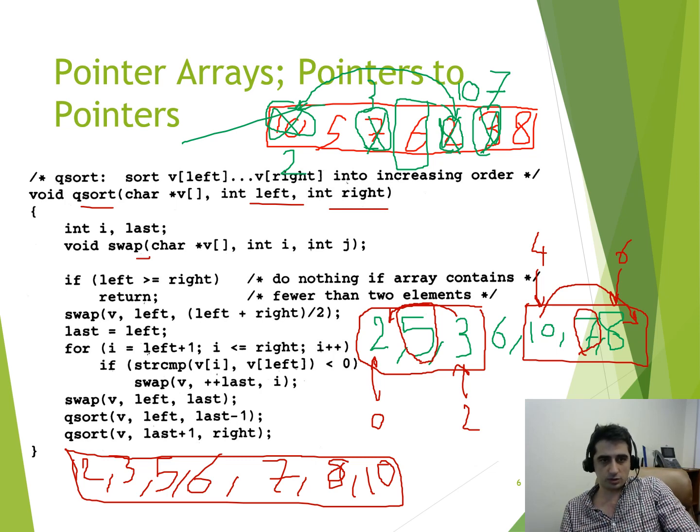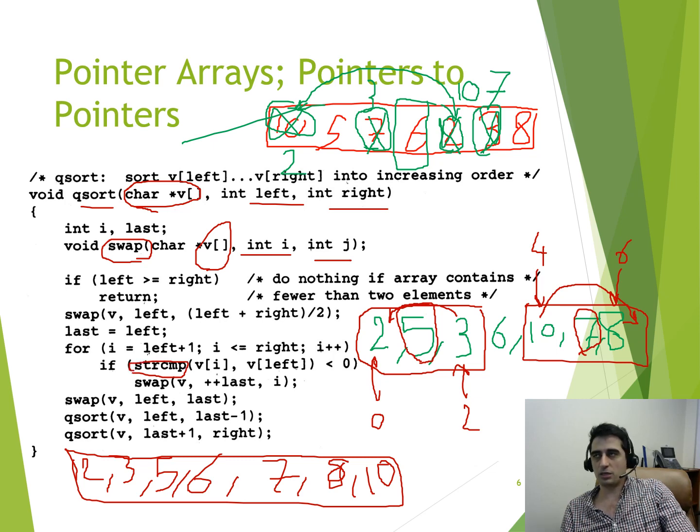This quicksort uses a function called swap that swaps the ith index and jth index of array V. This quicksort is not sorting an array of integers, instead it sorts an array of char stars. And in C, when you want to compare two strings, you use strcmp. It is similar to string compareTo in Java. Basically, if two strings are equal, compareTo returns 0,